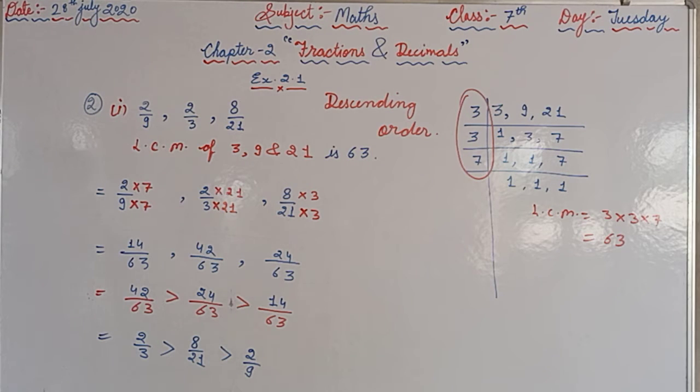At the same time we will discuss one more question, that is question number 3. You are supposed to observe whether it is a magic square or not. Magic square means if we add horizontally or vertically or diagonally, the sum should be same. So you are supposed to check whether you are getting the same sum or not. We will discuss question number 4.